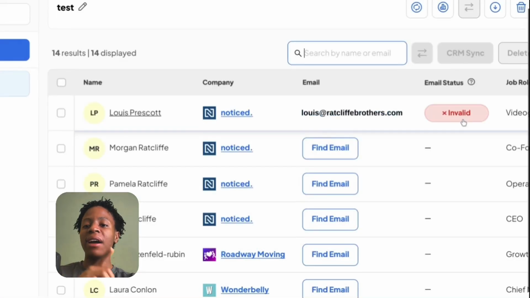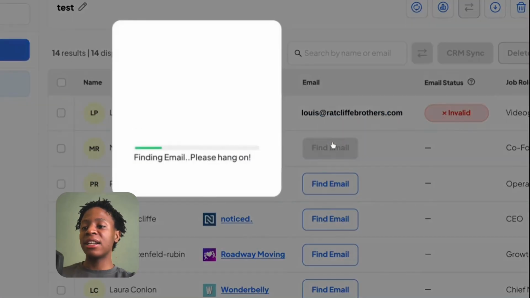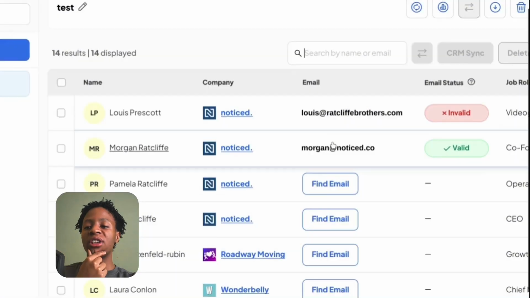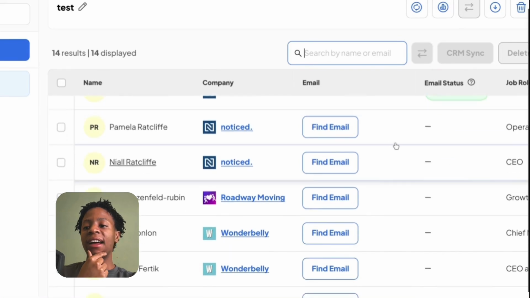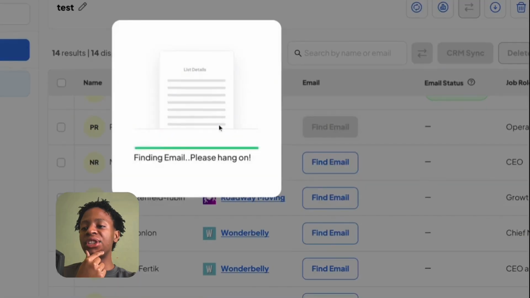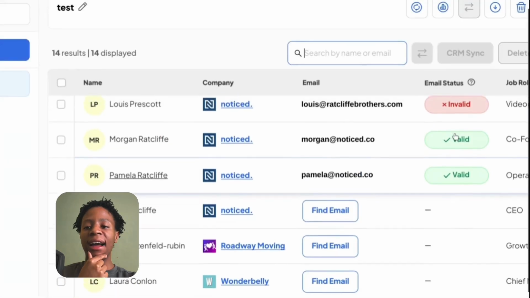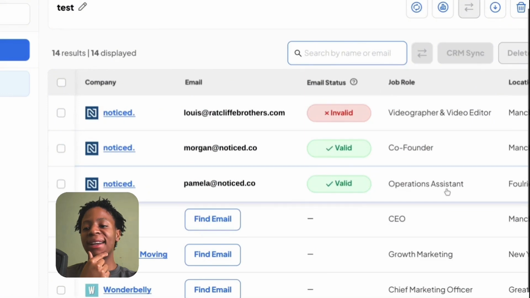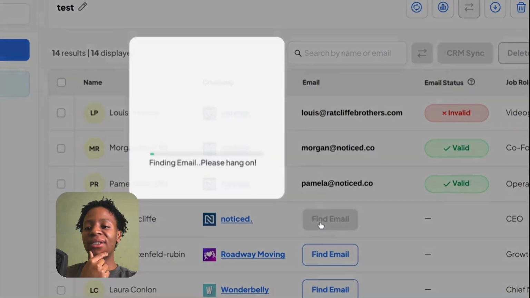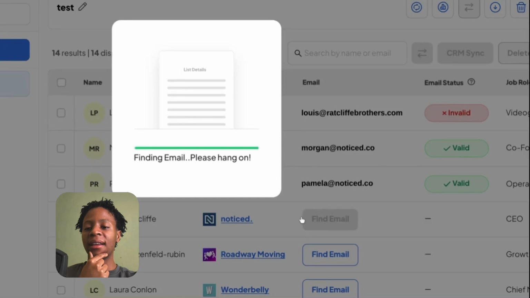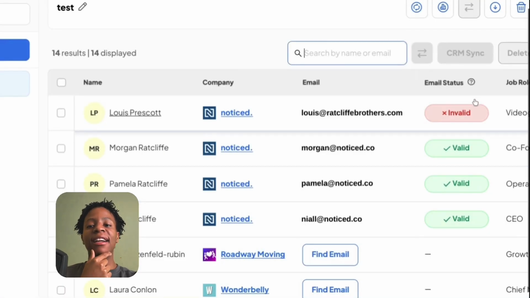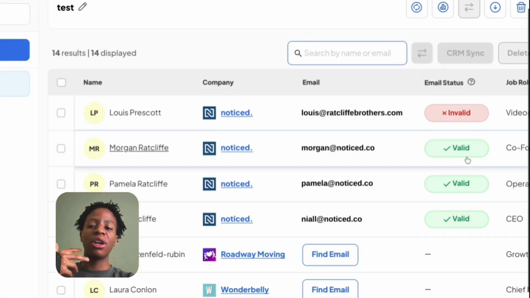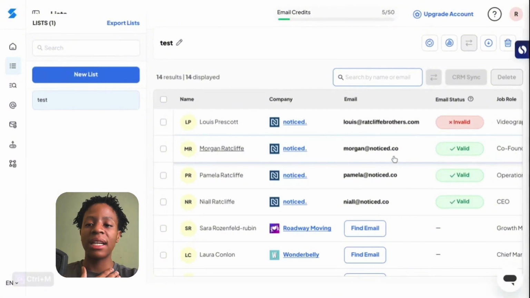Okay, as you can see, invalid. And in this case, let's go with the CEO, or should I say co-founder. As you can see, the email address in this case is actually valid. And this is the CEO of the actual company, and let's see if the email address is valid as well, right? Okay, so no, this one is the operational manager of the brand, and the co-founder, let's see, valid. Like I said, it eliminates the need of using third-party apps such as Bountify to